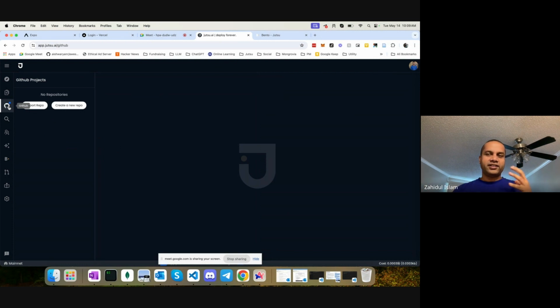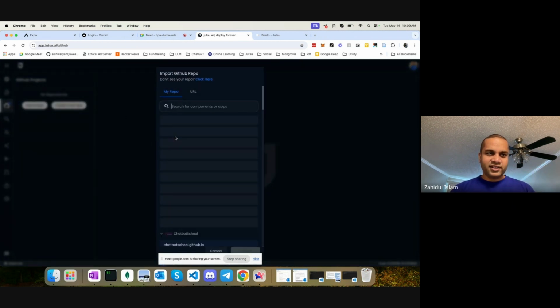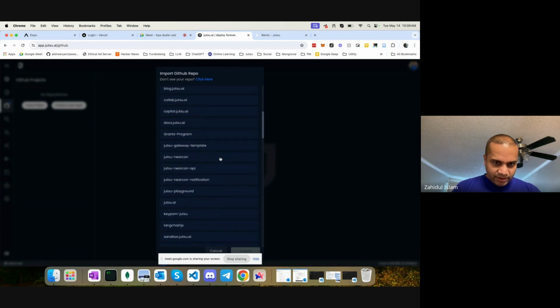If you are working in a team, let's say in a hackathon setting or in a group setting, like a build-out where a lot of people work on similar kinds of projects, now you can import your project from GitHub.